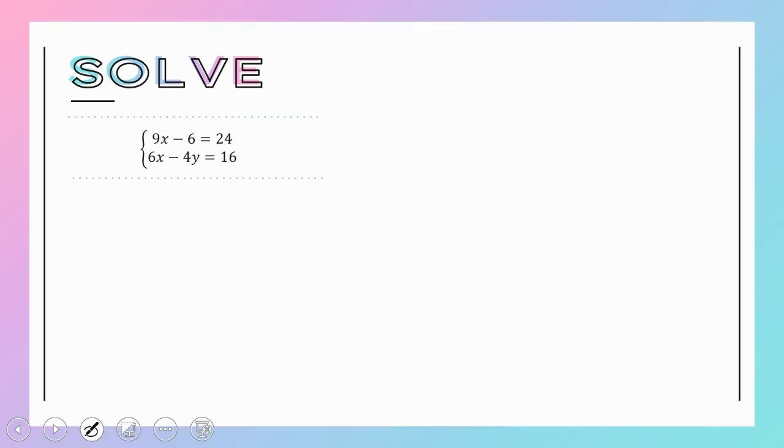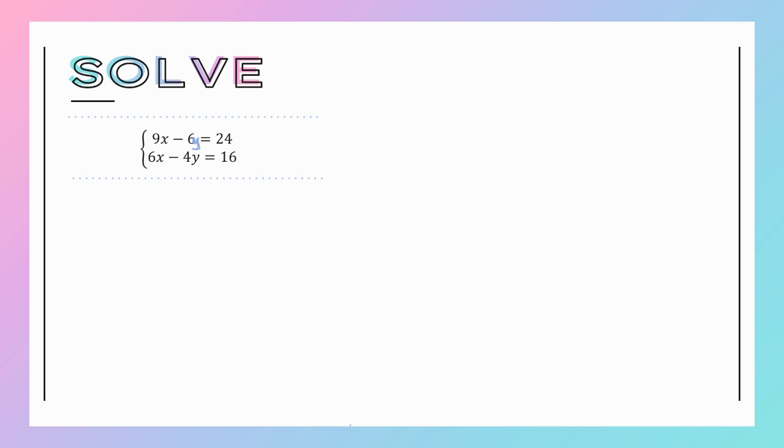We'll try one more here. Let's try, oh, this is a typo. Let me add my y here. Let's try this one by elimination. That may be the easiest, and I kind of want to practice the multiplication part, okay? So sometimes you have a system where substitution is not going to be easy to do, and you don't have any variables that are the same. You can multiply the equations in order to make